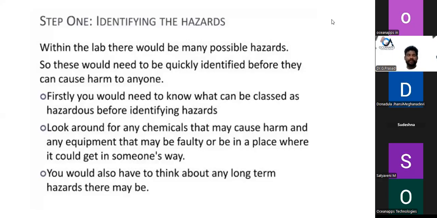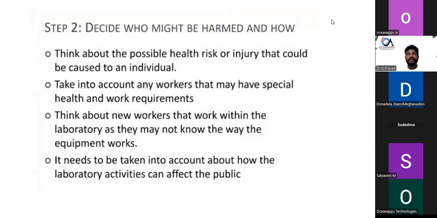Next, you would also have to think about any long term hazard. అంటే అక్కడ ఎక్కువ కాలం జరిగేటువంటి హజార్డ్స్ ఏమైనా ఉంటాయి కనుక దెన్ వీ హ్యావ్ టు ఐడెంటిఫై ద టైప్ ఆఫ్ ద హజార్డస్. ఓకే. స్టెప్ నెంబర్ 2, డిసైడ్ హూ మైట్ బి హార్మ్డ్ అండ్ హౌ. ఒకవేళ ఏదైనా జరిగితే కనుక సిచ్యువేషన్స్ అక్కడ ఎవరు ఏంటంటే ప్రాబ్లం అయ్యి ఉండొచ్చు, ఎవరికి జరిగి ఉండొచ్చు. ఓకే, ఎవరికైనా జరిగితే దెన్ వాట్స్ అవర్ ప్లాన్. సో దీస్ ఆర్ ఆల్ కాల్ స్టెప్ నెంబర్ 2.